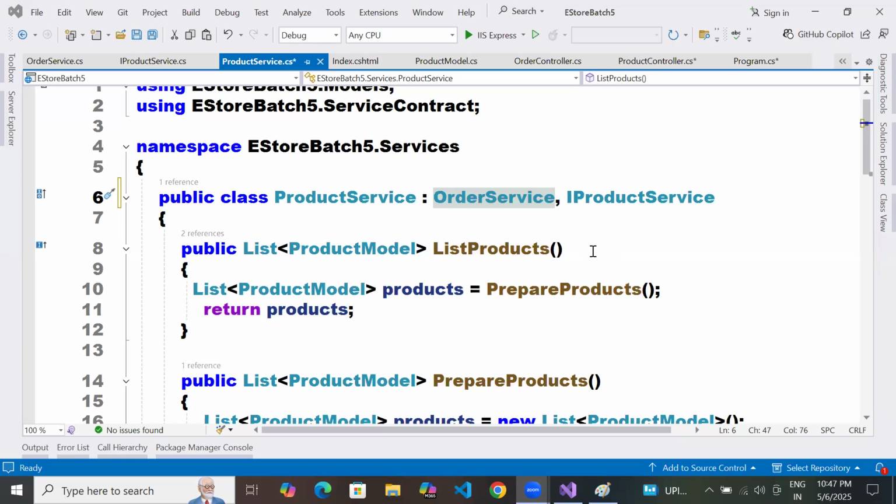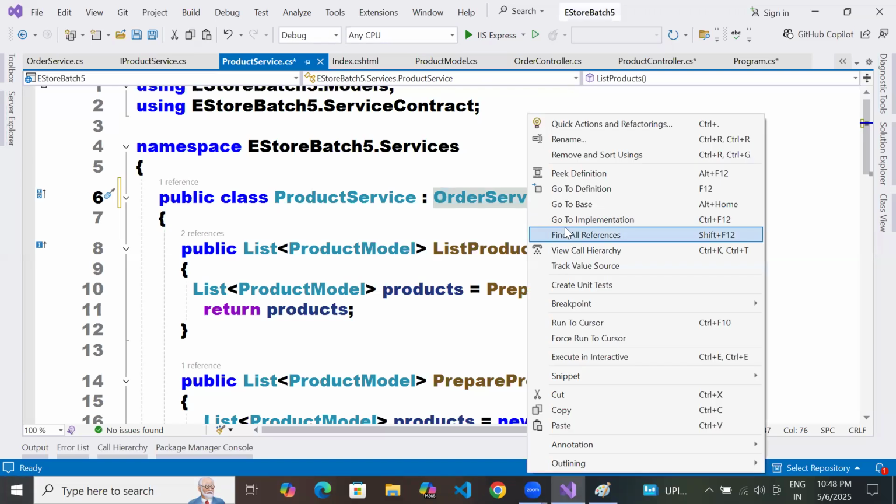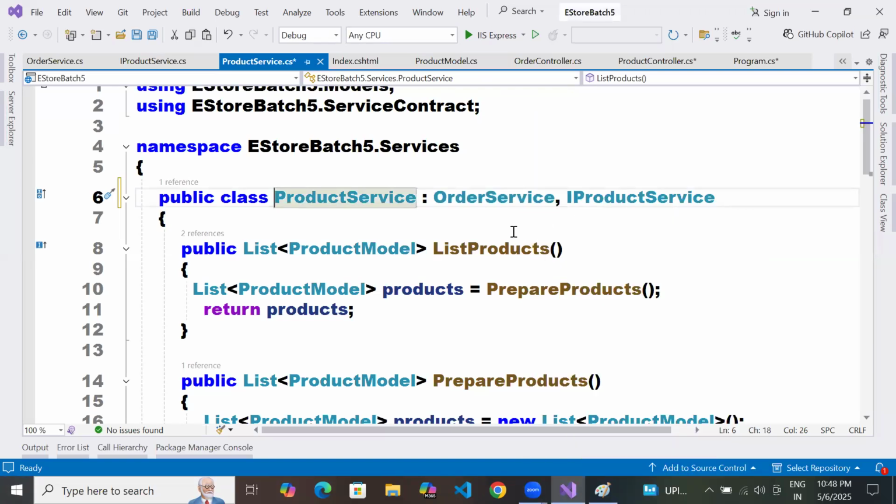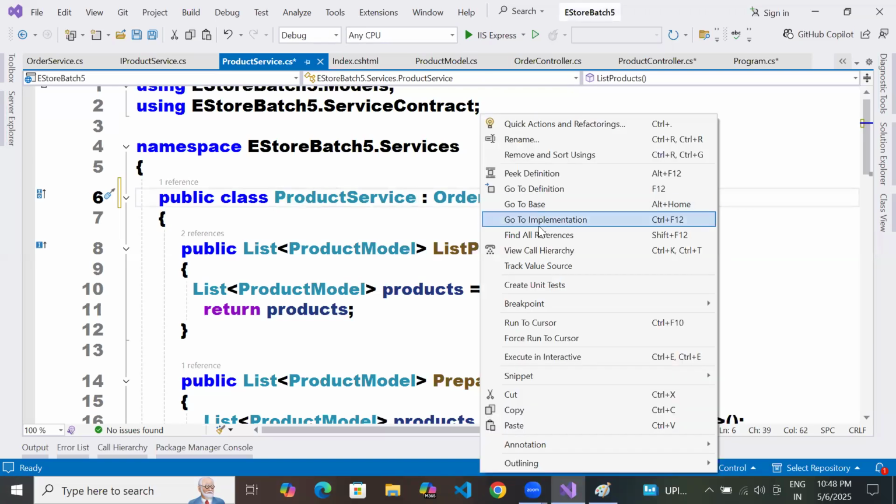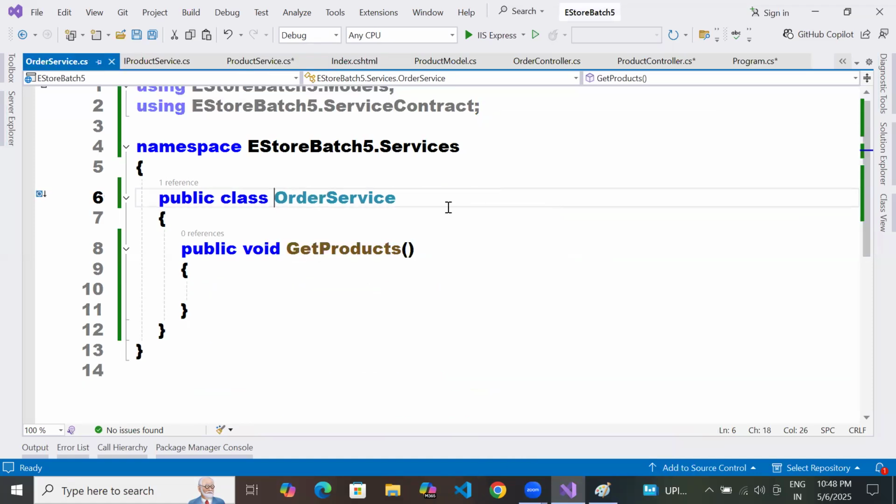See, the object-oriented concept is an ocean. First, you need to understand when to use what, and when not to use what. If I go, I understand where you are coming from. You are saying go to this class, go to definition. Here you are saying use IProductService, right?